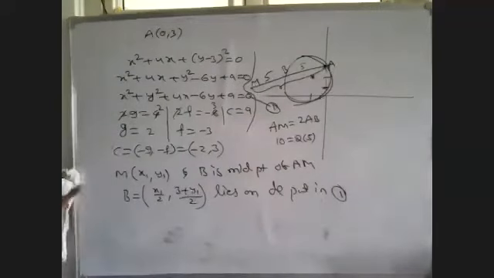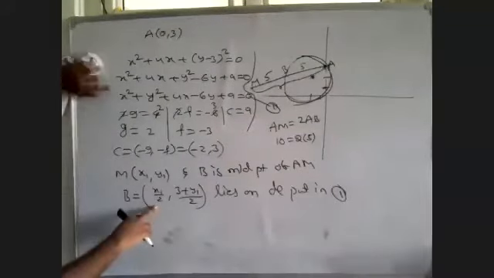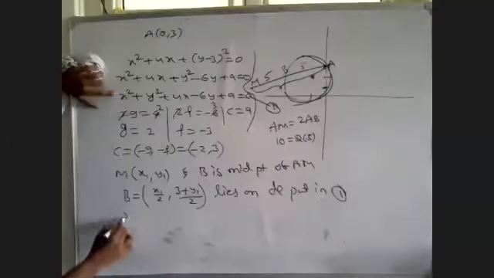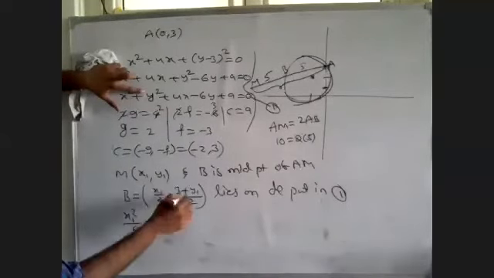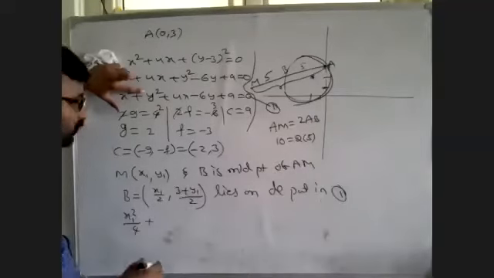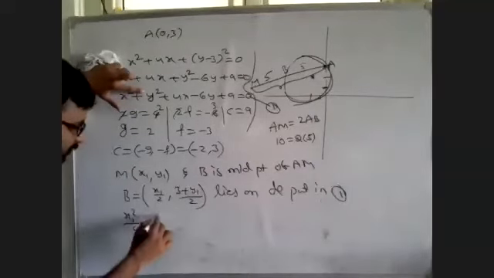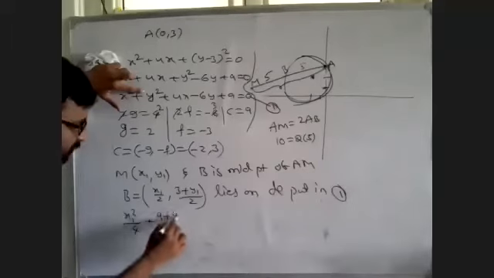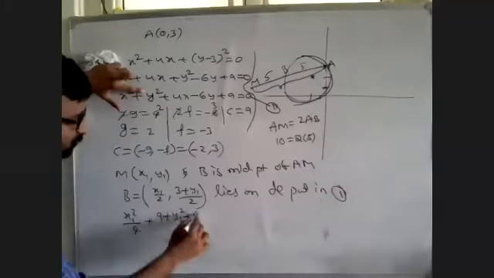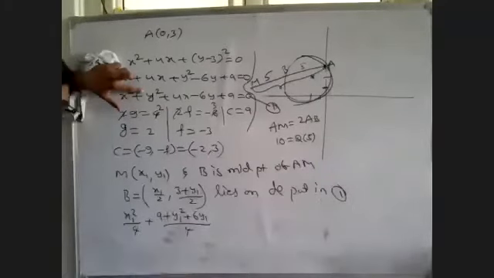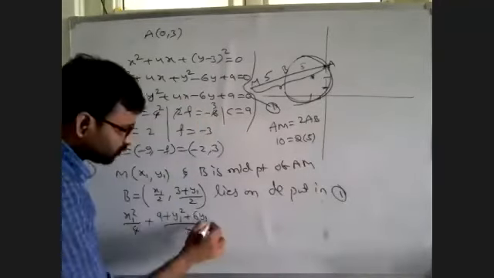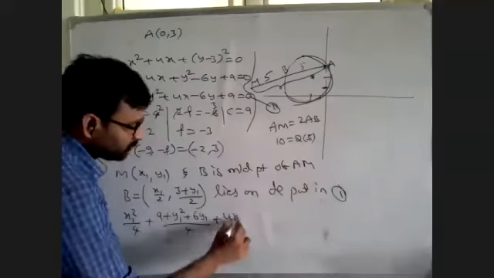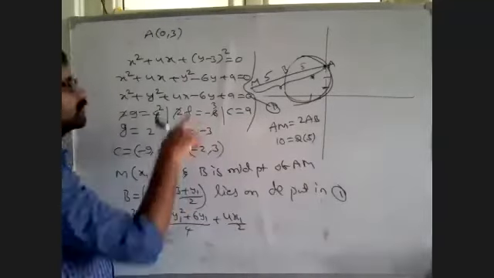So where we have x, we put x1 by 2, so we get x1 square by 4. Then y square means the total term squared, (a plus b) whole square: 9 plus y1 square plus 6y1, all by 4. Next, 4 into x means 4 into x1 by 2. Next, minus 6 into y1 by 2.